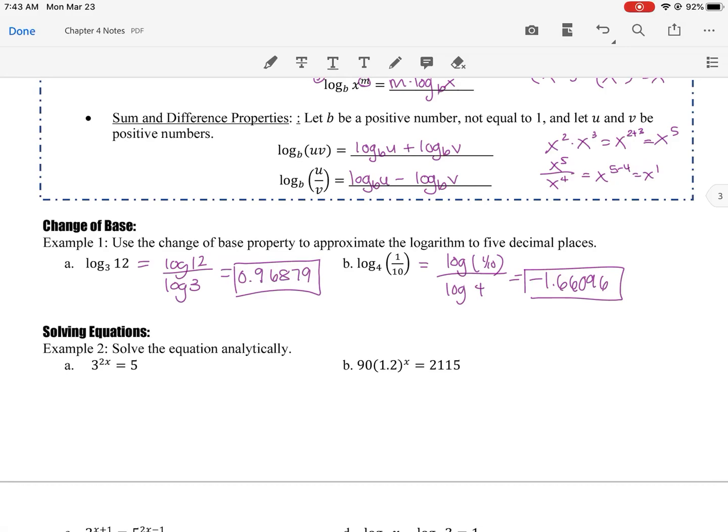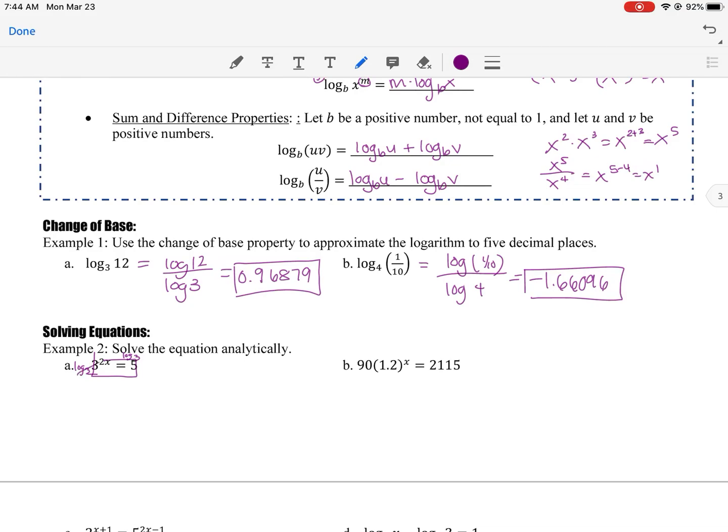Okay, as you're solving these, the problem is last time we were able just to rewrite the base. Like, hey, notice how this has a base of 3, so 3 to some power equals 5. But 3 to the first is 3, and 3 squared is 9. There's no integer power where 3 to that power is 5. So therefore, let's use our definition of log. Whether you think about the definition of log by saying, hey, log base 3 of 5 equals 2 to the x, so you could use that definition, or you think about taking log base 3 on both sides